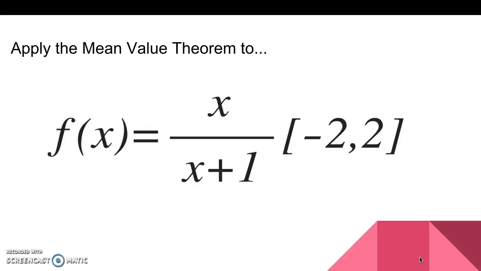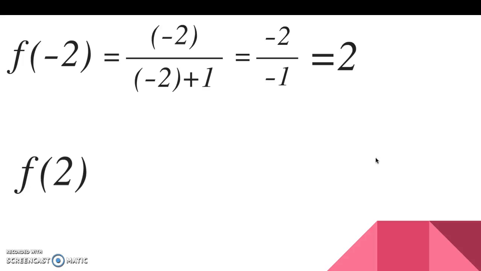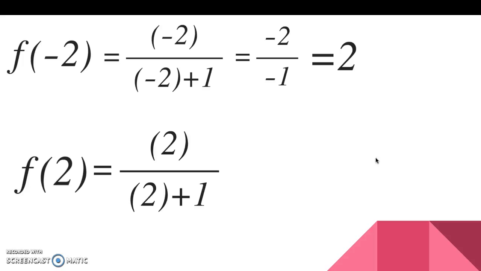the interval -2 to 2. To do this, we need to plug each end of the interval, -2 and 2, into the equation for x. So we will get, when plugging in -2, f of -2 equals -2 over -2 plus 1, which will go to -2 over -1, which in the end will equal 2. Then we also have to plug in for 2, so f of 2 equals 2 over 2 plus 1, which